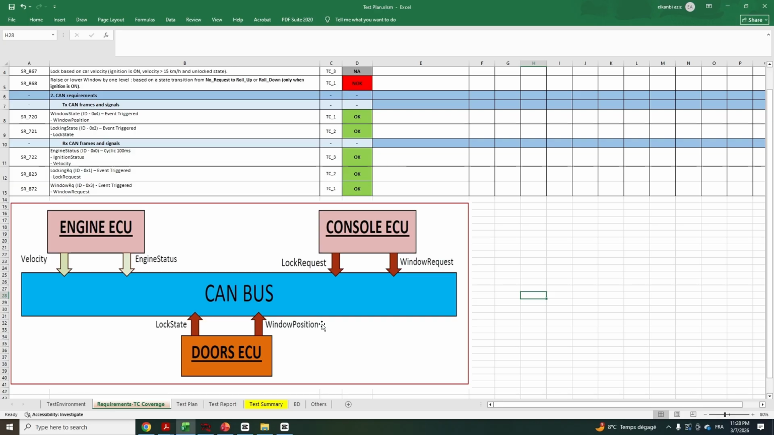In the previous video, we have seen a description of an example of project, how to test software in automotive field. We have seen doors ECU as an example. Also, we have seen how to write or how to define a software requirement in simple format in PDF documents,